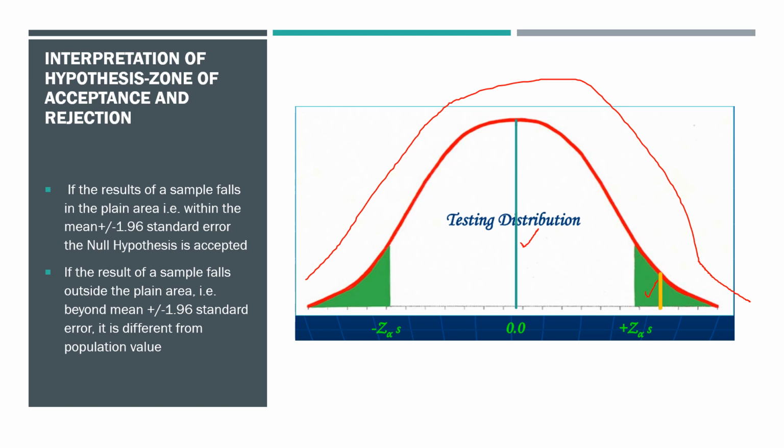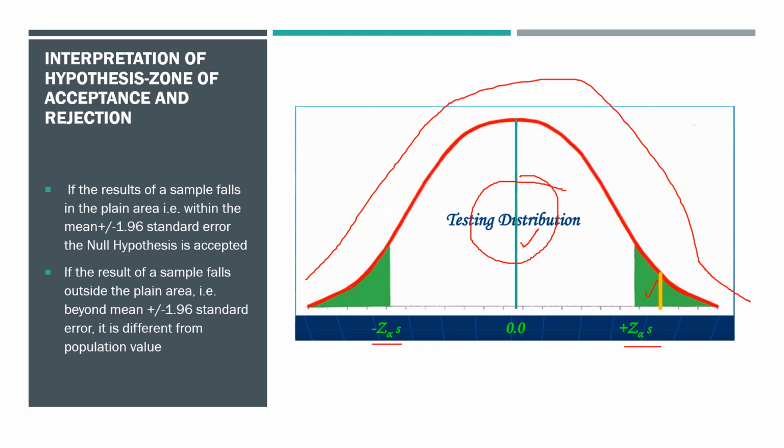So you have a result in the sample where this mean is falling in the green zone. So what is this green zone? When you have a Gaussian distribution, you plot Z values. The Z value on your left will be minus 1.96 and on your right will be plus 1.96. Whenever a value falls in this white zone, this is a zone of acceptance. That means you are accepting the null hypothesis, or in other words, there is no difference between your sample mean and the population mean.